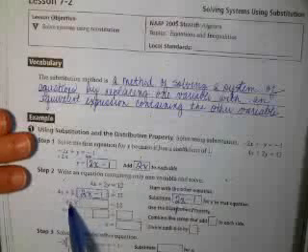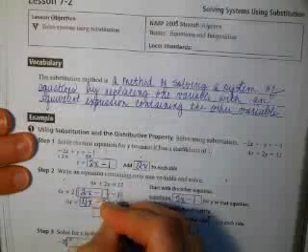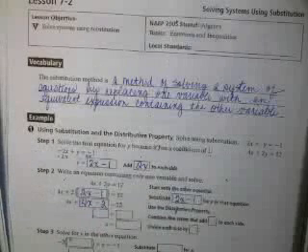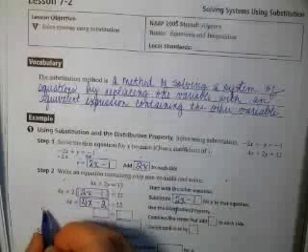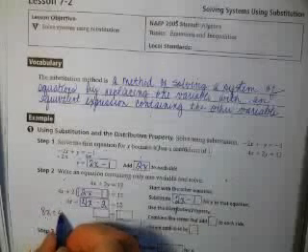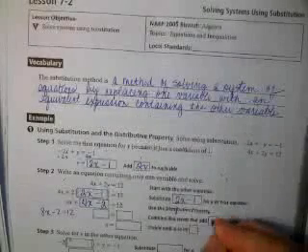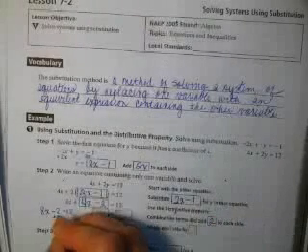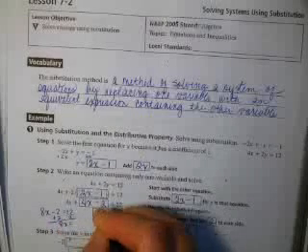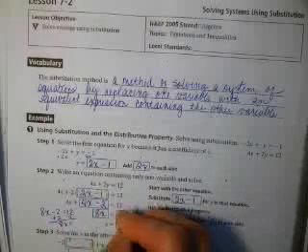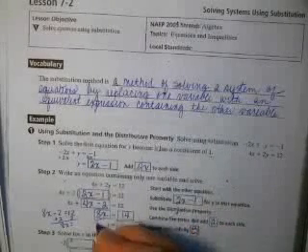So when I distribute, 4x plus 4x minus 2 is equal to 12. So we're going to combine like terms. So that's going to give me 8x minus 2 equals 12. All right. And then add 2 to each side of the equation. So when I do that, I get 8x equals 14. And then I'm going to divide each side by 8,